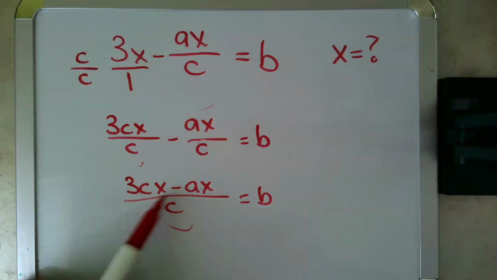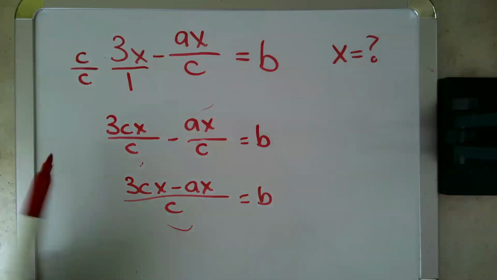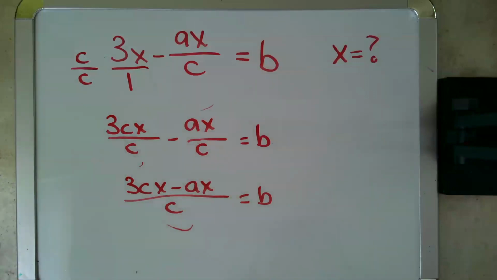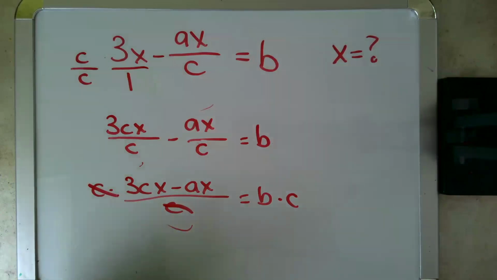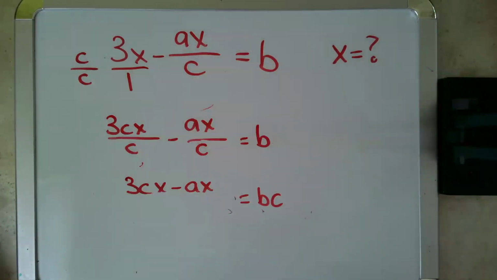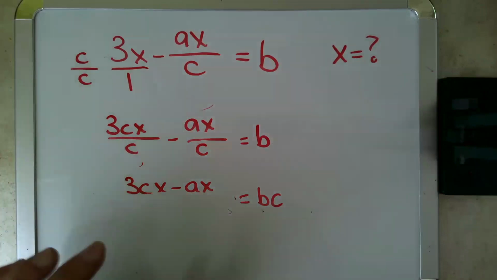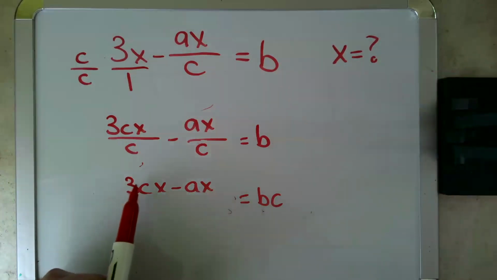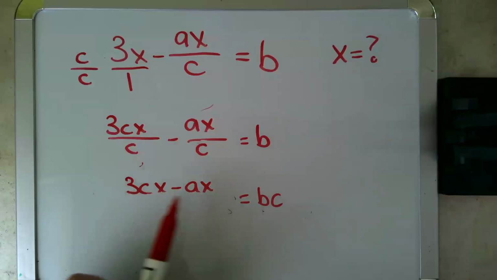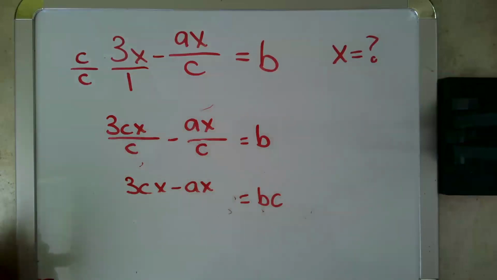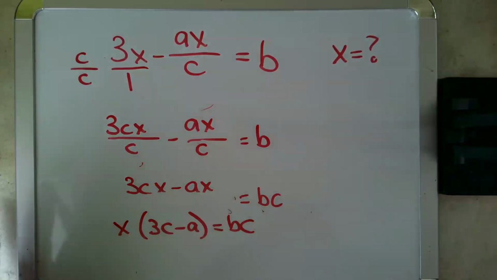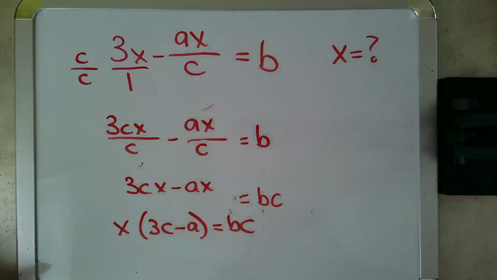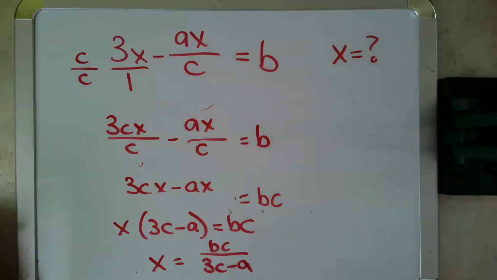So first of all, now I can get this c over to the other side because I've got only one term. So if I multiply both sides by c, that cancels it there. And I'm left with, okay, now here's the gold. The reason we wanted this to stay on one side is now I have 3cx minus ax. Both of these terms have an x. So I can factor it out of both terms. And now I have x times all this stuff. I can divide both sides by all this stuff and be left with x, and that is how you isolate the